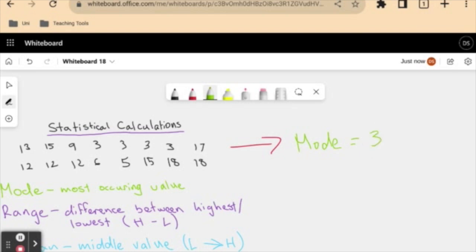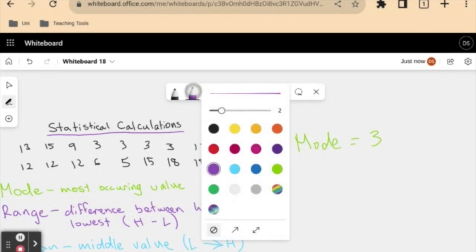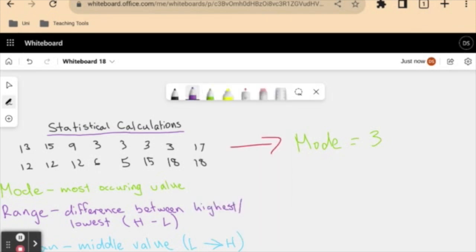Now, what about our range? Well, we can identify our smallest and our largest values and then subtract one from the other. What's the highest value in our data set? Well, we have an 18 here, and the smallest is a 3. It doesn't matter how many times these occur, we just want to know what the smallest is, what the largest is. So for our range,